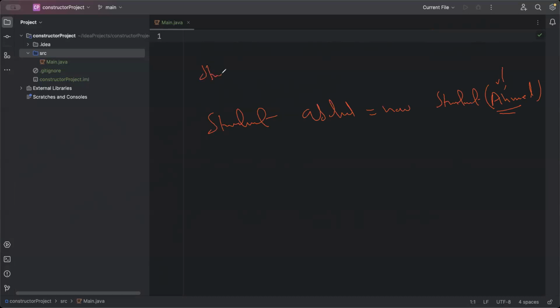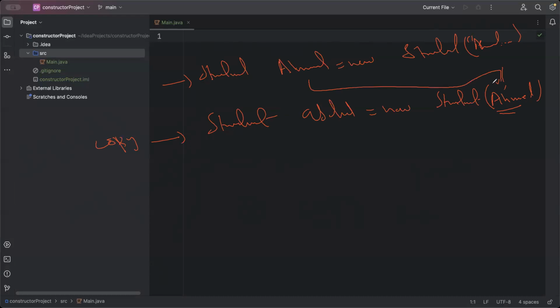So I created Ahmad here. Let's say this is Ahmad, new Student, and we may pass some values here like Ahmad or etc. So this is a parameterized constructor, and this is a copy constructor because this is copying Ahmad, the complete object,